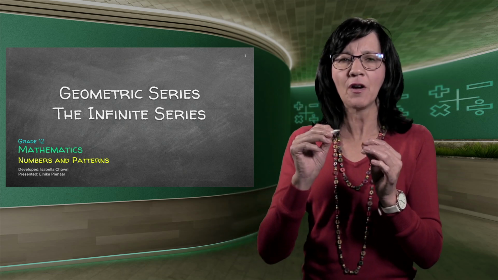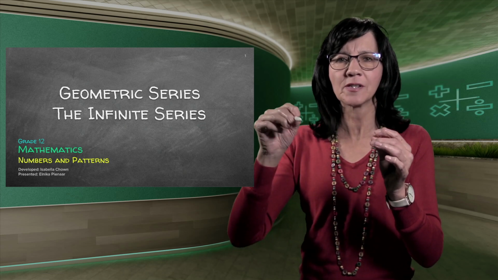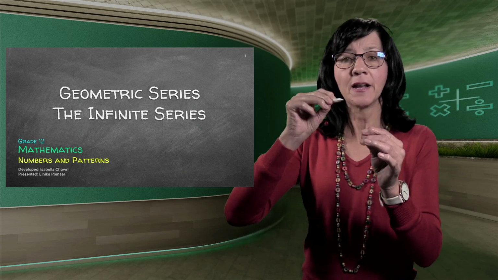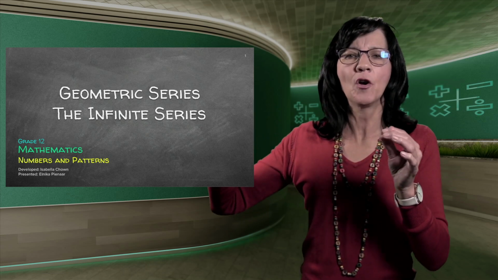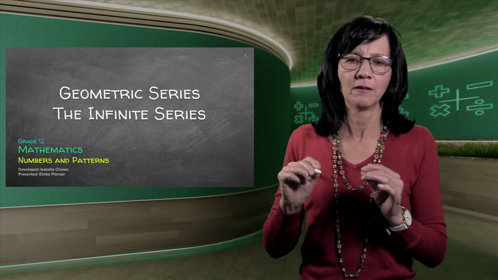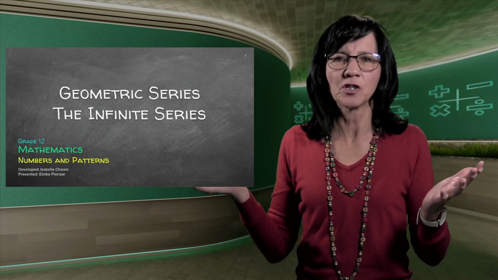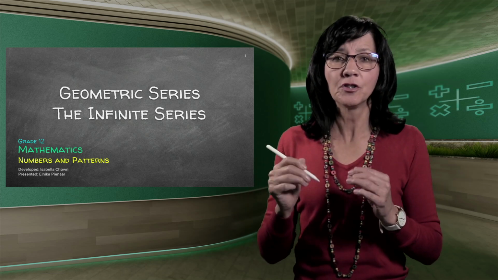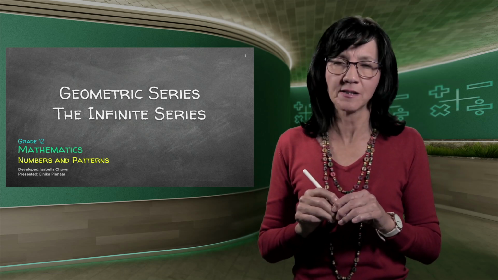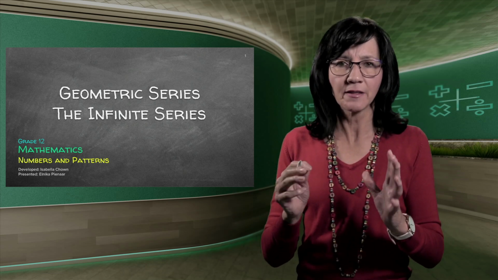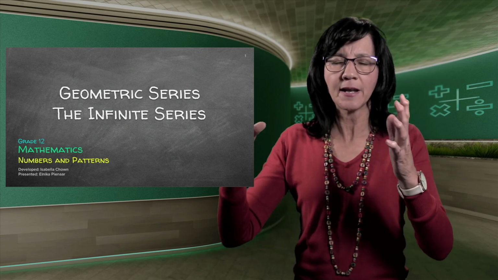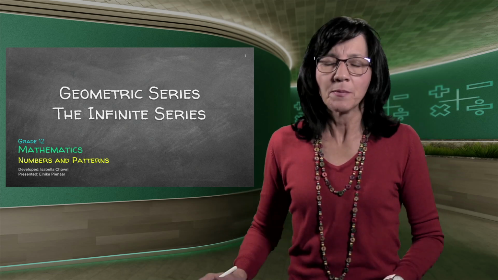Now you can think, if I've got 2 times 2 is 4 times 2 is 8 times 2 is 16, and I get those and I add all of them and I keep on adding until the day I die, up to infinity, I will actually not get an answer. The answer will just be infinity. So what we're going to do today is look at the infinite series. If I have a series like that, what happens in the end?